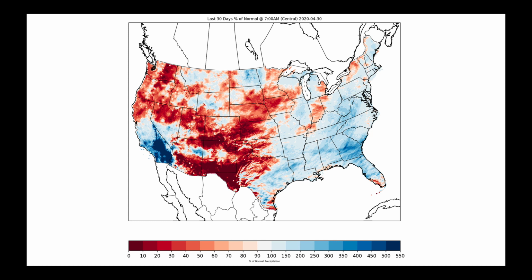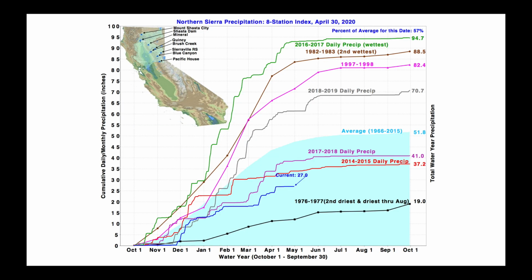Now, looking back over the month of April, this is our last 30 days in terms of percent of normal precipitation. And so much of the very wet conditions that we see down here in Southern California were, of course, from the systems we saw back in the middle part of the month. So the end of the month tended a lot drier here. But overall, the western part of the United States was quite dry outside of that region in California throughout the month of April.